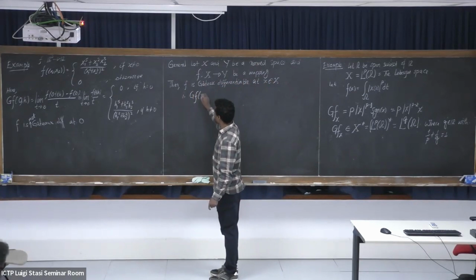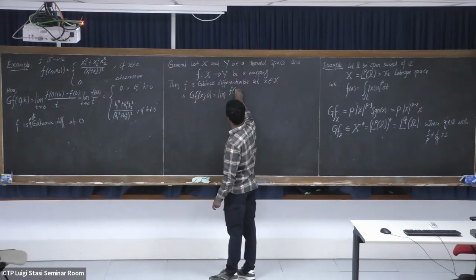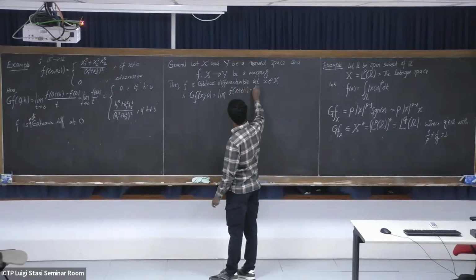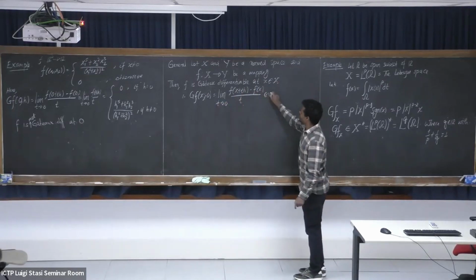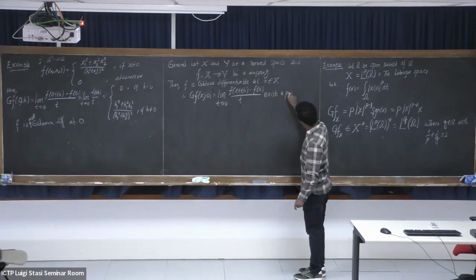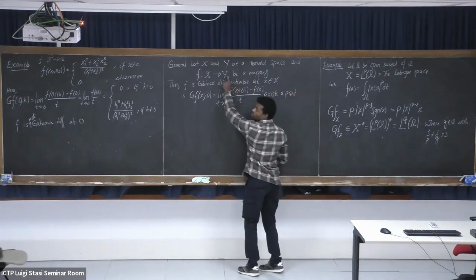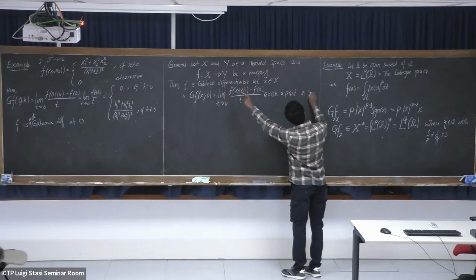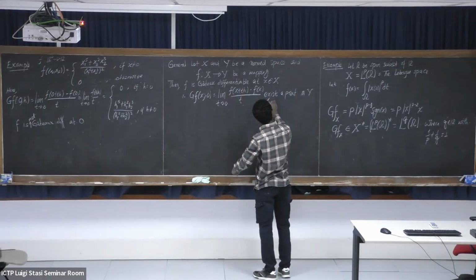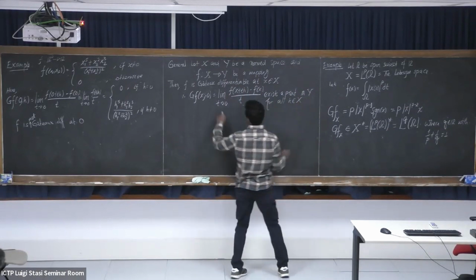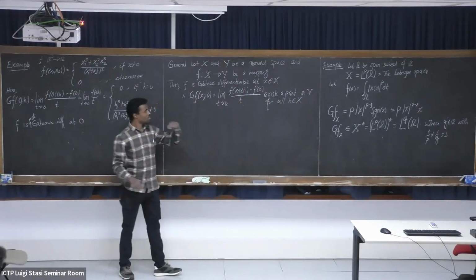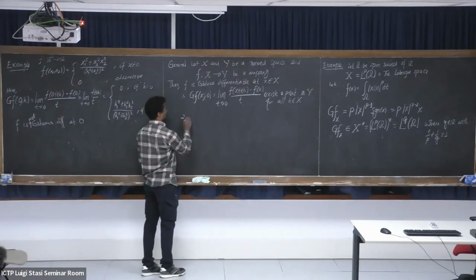If the limit of f of x plus h minus f of x exists and equals something, for all h an element of X it should exist, and this very much will exist at the point. Second one is